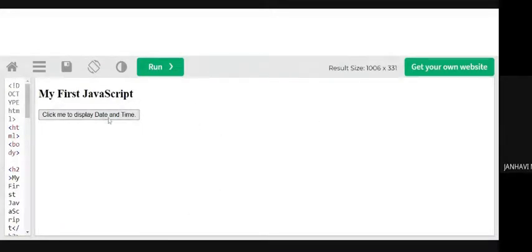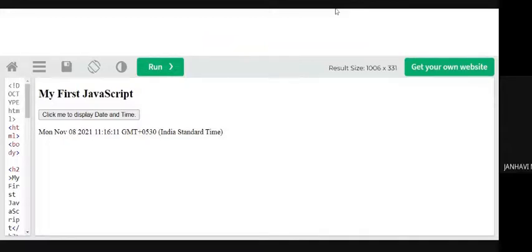There is one particular button, and this button has a JavaScript code. In that code, I have written a function which will help me display the date and time. Whenever I click on this button, the JavaScript code runs. The web page, which has this particular look right now, will display the exact time, according to your computer setup.